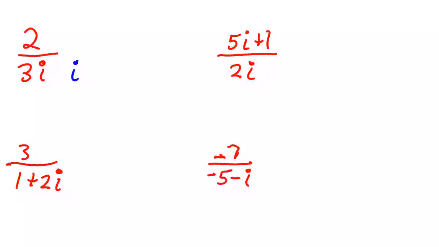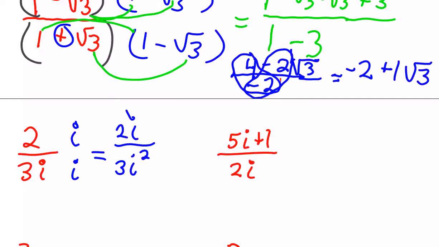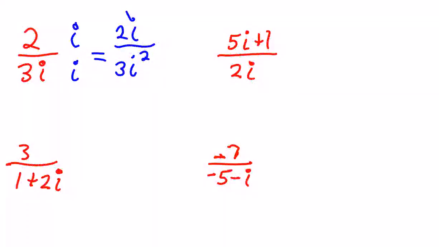Times i. Now we get easier. 3 times i is 3i squared. 2 times i is just 2i. Ready? So on the bottom, what's i squared? Negative 1. So what's 3 times negative 1? That's what's on the bottom. Negative 3. And on top, 2i. And that's